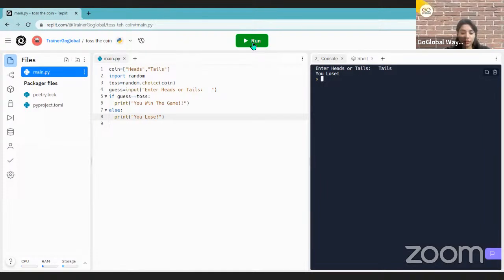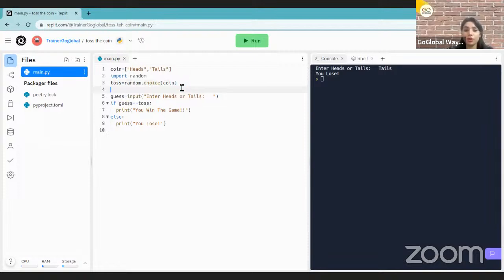Let me check. Okay, new comments are there. It's all right. So how do we get to know about the computer choice? We will just simply, like, this is a toss. The computer choice is here, and if you want to print the computer choice, then you can write print the computer choice is toss. So I'm writing down print